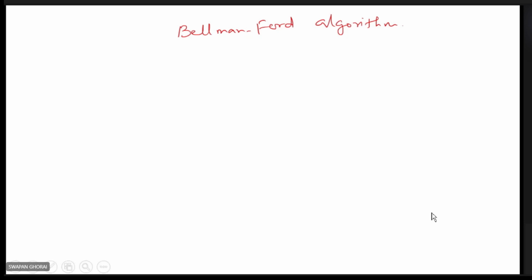Another one is the Bellman-Ford algorithm. Here also you can find the least cost path, but the concept is somewhat different. Here it is based on hops, the number of hops. We have to find the shortest paths from a given source node to other nodes, subject to the constraint that the paths contain at most one link. Then find the shortest paths with at most two links, and so on.